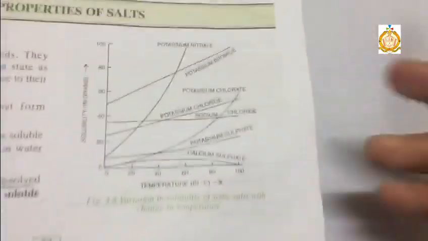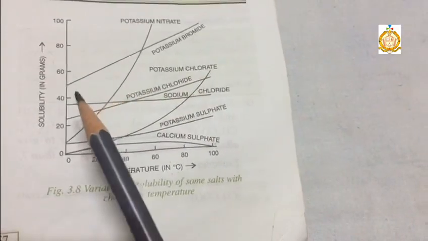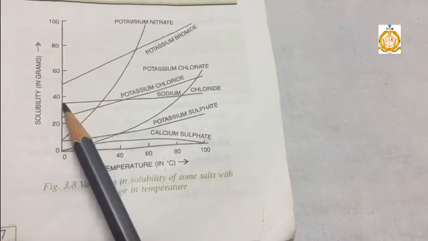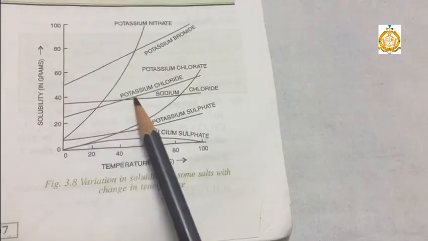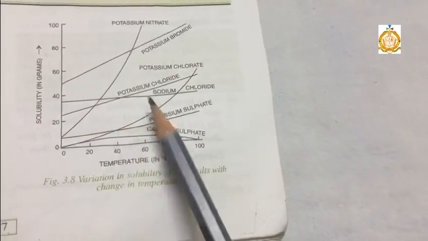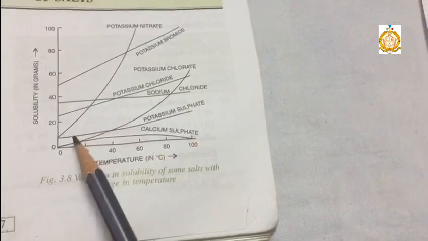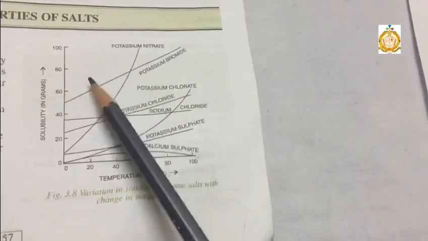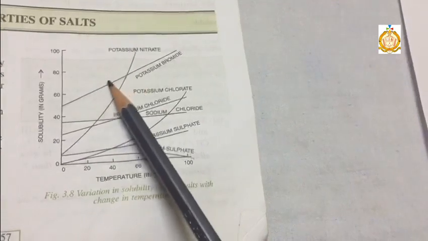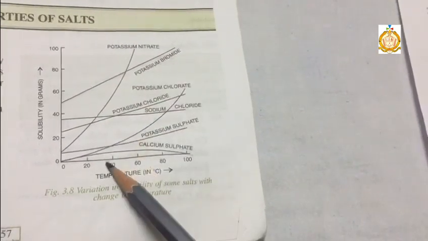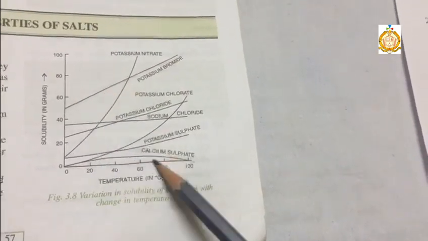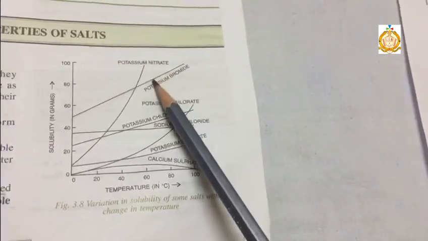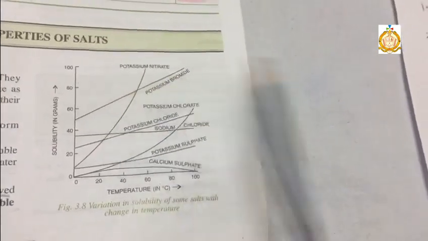So come to this solubility curve. For sodium chloride, the solubility is almost the same when we increase the temperature. Temperature is 40, 60, it is the same. And for calcium sulfate, its solubility first increases, then decreases. It's important. Then next, the solubility of potassium bromide is continuously increasing with the increase in temperature. At 40, solubility is this much. At a temperature of 60, solubility is around this much, so it increases.